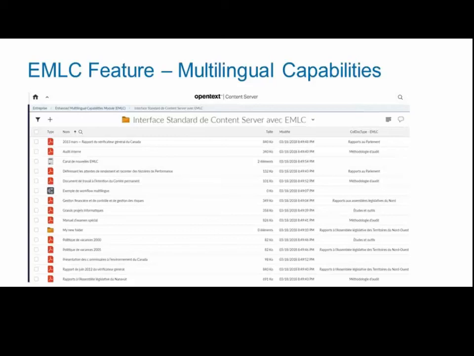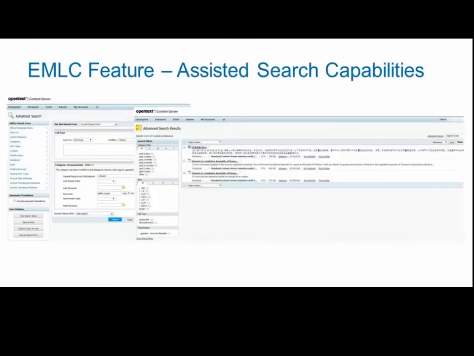So by having the metadata right at the core, it allows us to start doing some interesting things. If I go in as an English user and tag my content, and then it can be leveraged by a French user, well, that's great. But how can we use this more? Well, to go one step further, we've implemented assisted search. Now, assisted search uses a translation engine under the covers.